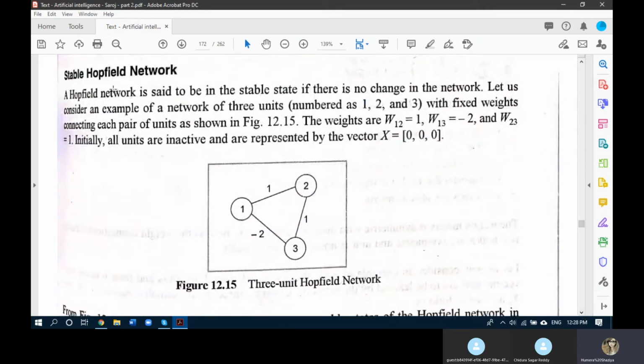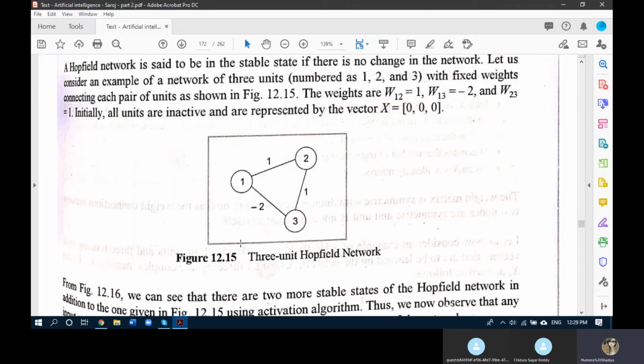When a Hopfield network is said to be stable, it is said to be stable if no change occurs in the network. Consider this 3-unit Hopfield network. You choose, the algorithm chooses 1 as the first node